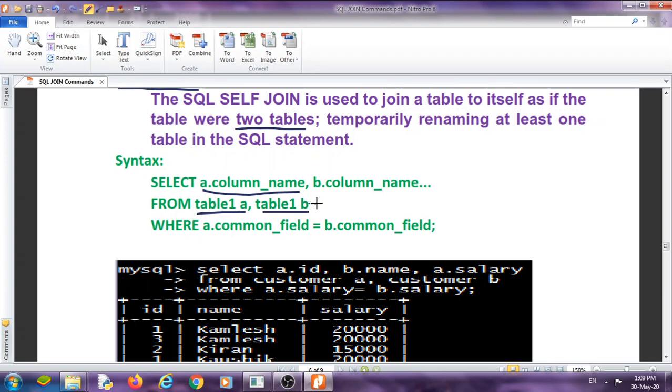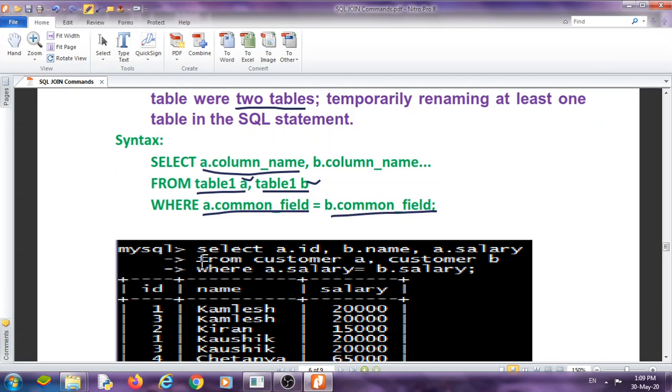Now what are a and b? A is an alias name of the table, b is another alias name of the same table. It means if the table is student, we are using s1 and s2. Okay, where a dot common field and b dot common field.